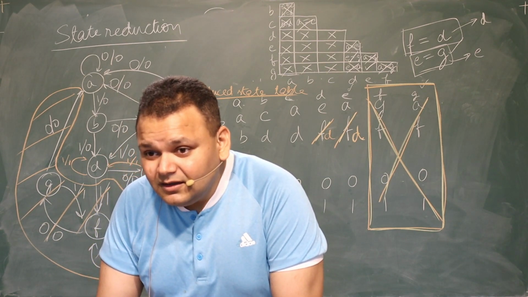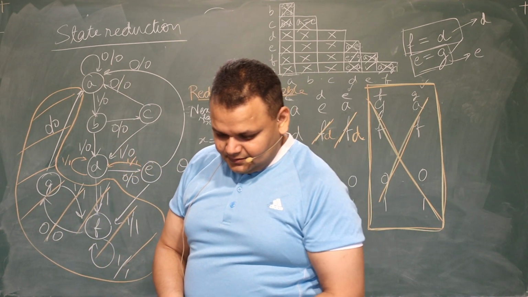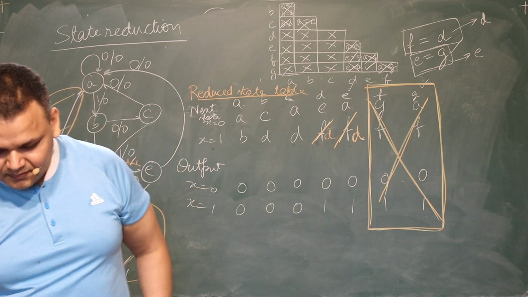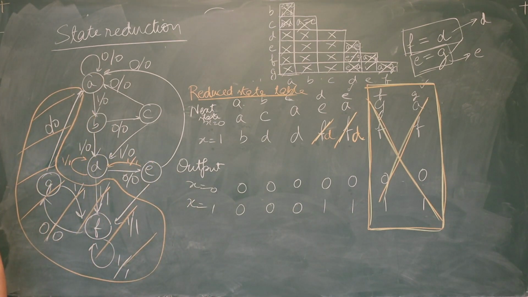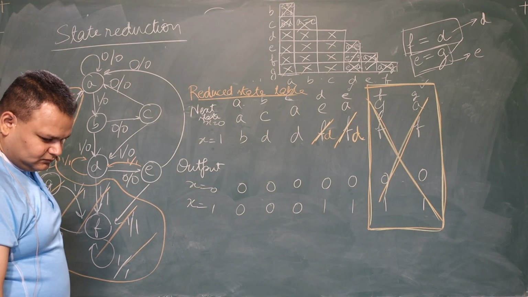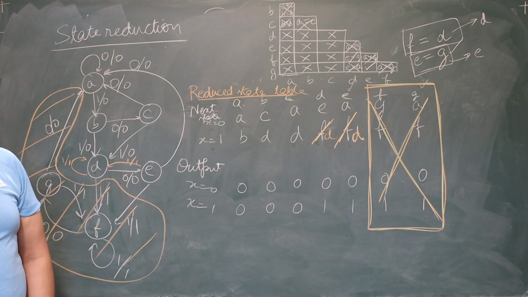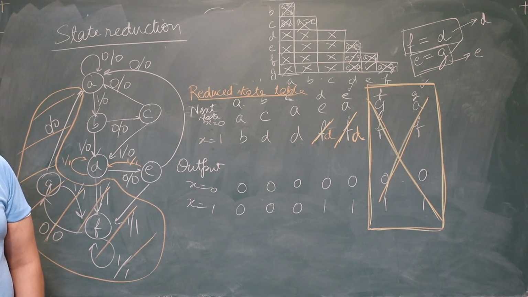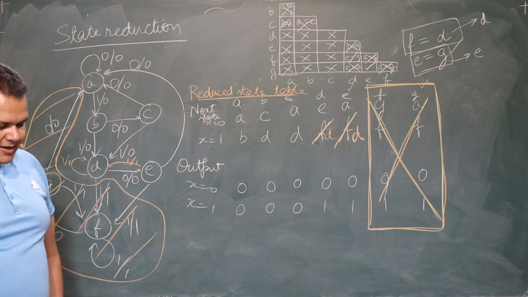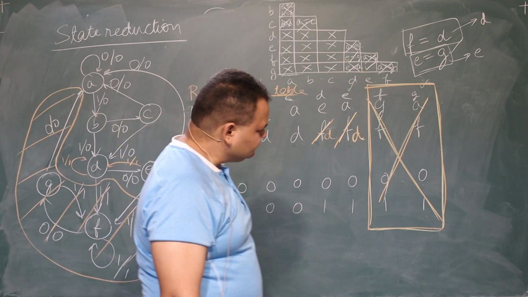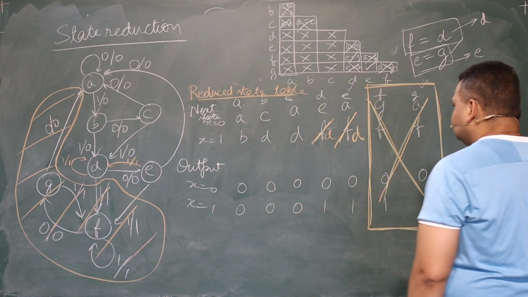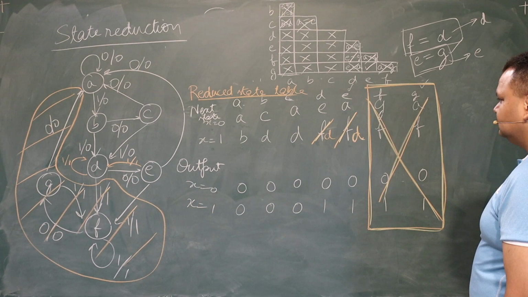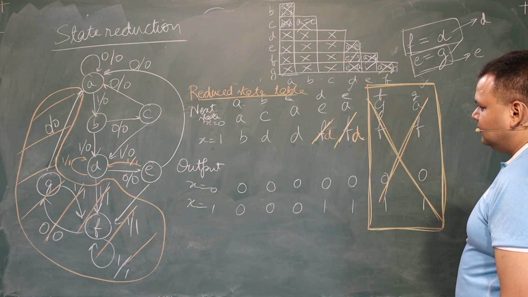So like he asked this question. When we are doing F equals D, we are making it D. All the inputs that are coming to F, we have to simply make it D, and the rest of the outputs will be managed automatically. Like F was going to G, so now automatically D will go to E because G is replaced by E. So this thing will be taken care of by itself.